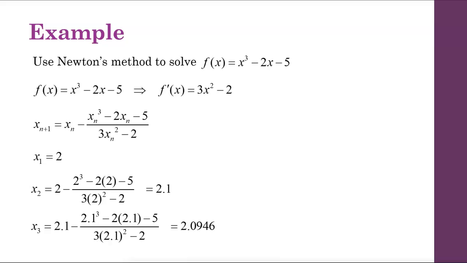Again, notice from x sub 1 to x sub 2, there was a change of 0.1. From x sub 2 to x sub 3, that changes, and now it's all the way to the second decimal place. So we have about 0.01 change. So that sequence looks like it's converging, and 2.0946 is a pretty good approximation to our solution. If we need more accuracy, we can continue and find another iteration, and we'll get closer to the correct